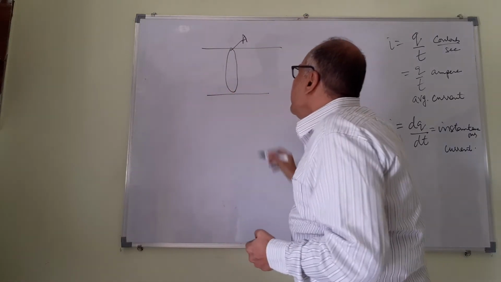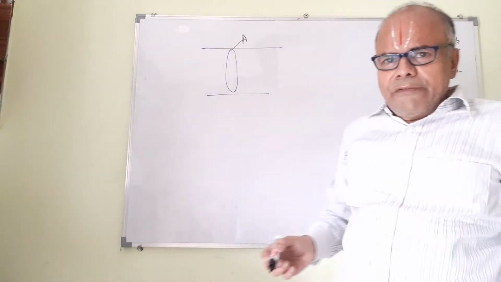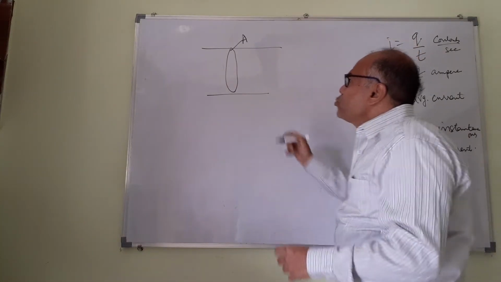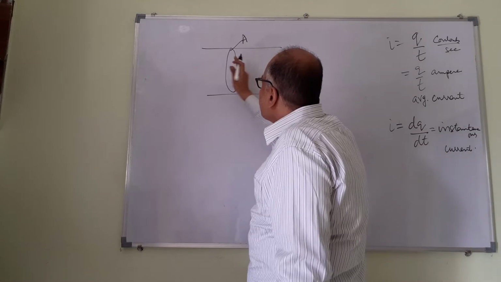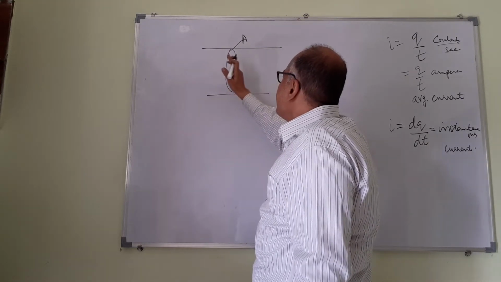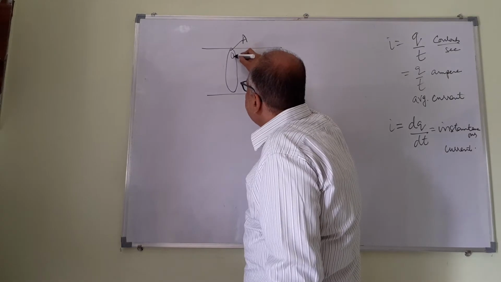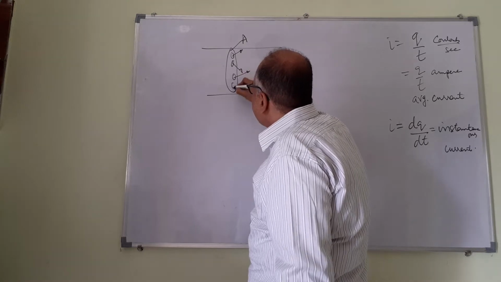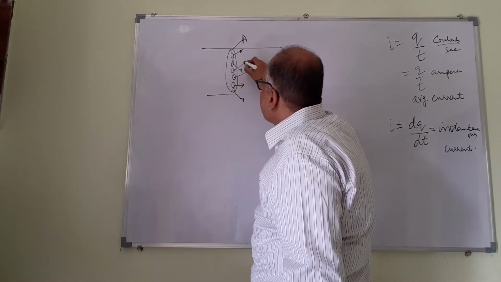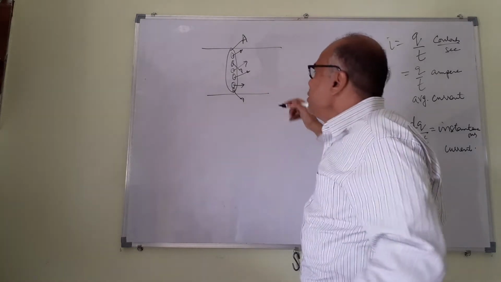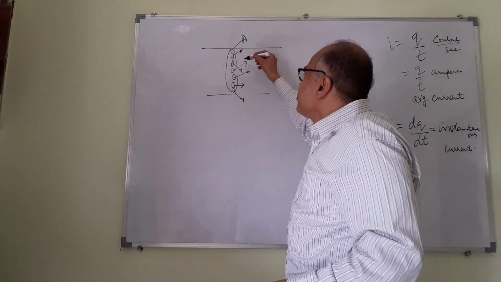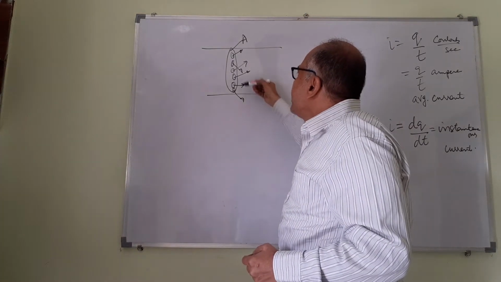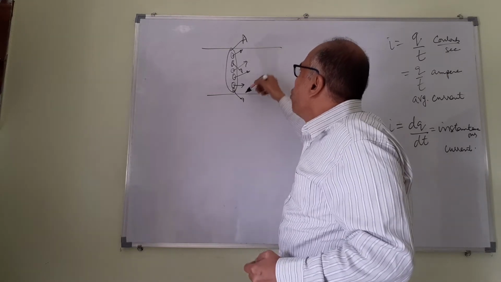Current is flowing from left to right. So there is a direction, and hence you may say that, well, yes, current has got a direction, therefore it's a vector. But if you go to the microscopic level, the charges would not be flowing in the same direction. For example, I take a small area dA here, there would be a current this way, this way, this way, this way, this way. So at the microscopic level, you find that the current does not have a unique direction. There are so many directions in which the charges flow.